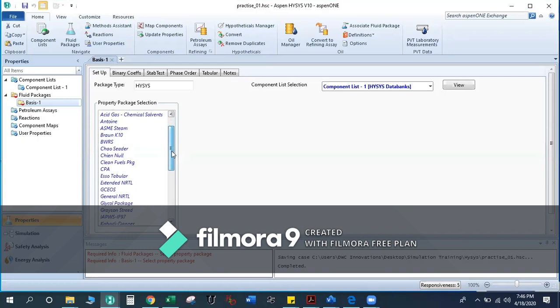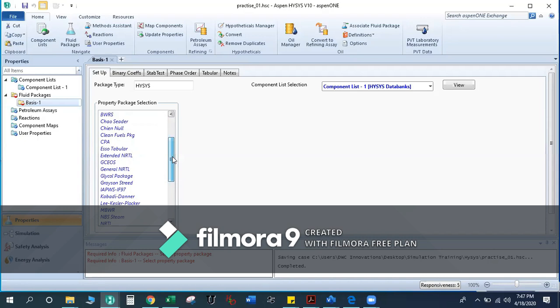By default, or you can say as a general thumb rule, if you are developing any simulation model for refinery or petrochemical, then the most widely used thermodynamic packages are Peng-Robinson and the SRK method. Others are also there, like Antoine equation, then ASME. If you are doing only steam system modeling, then ASME Steam will be the best to use. If you are using any glycol package, then glycol is there.